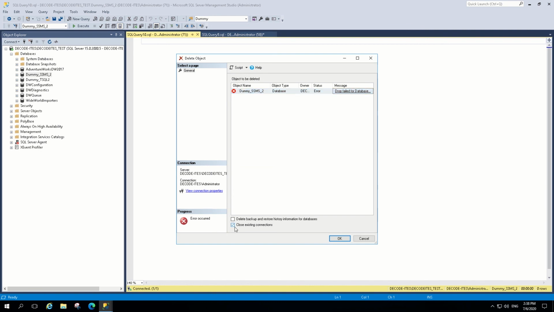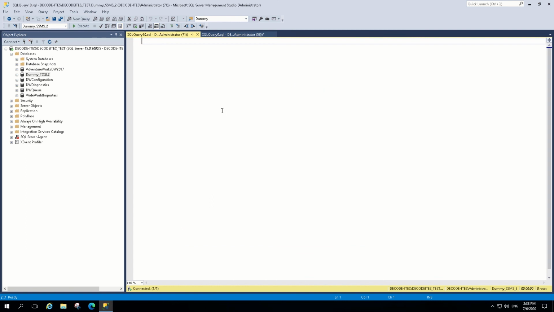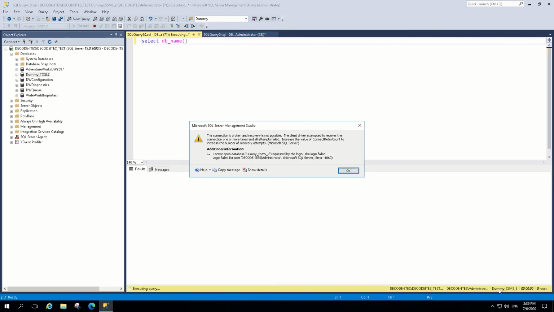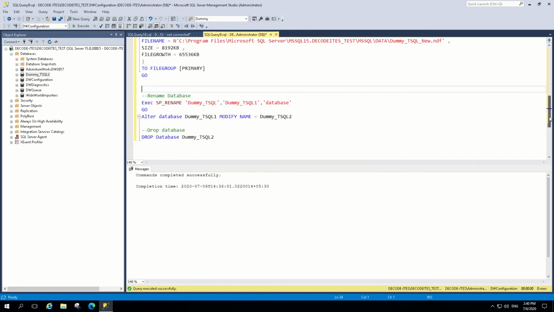When you click on the message here, you will clearly see that this database is currently in use. Click OK. Now check the option close existing connections and click OK again. Now it's trying to acquire the lock. In this process, it will automatically discard the existing connections over the database. SQL Server Management Studio was still showing that dummy_SSMS_2 has the active connection and this window is still available for queries. But when we try to run a query, it clearly says that the database is not available and you can't perform the function, because in the background, SQL Server closed this connection and dropped the database. This is how you can drop your database using SSMS or T-SQL command.